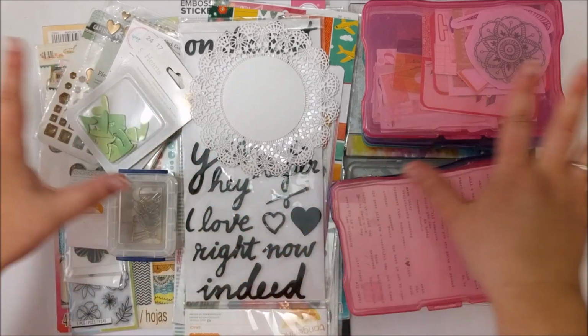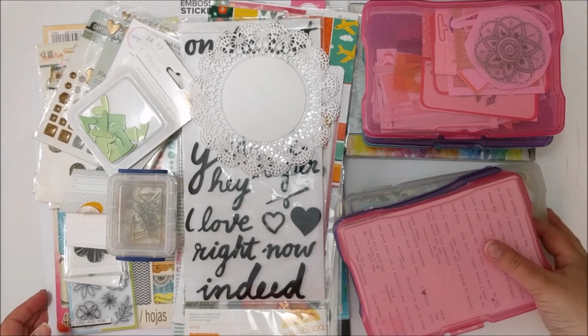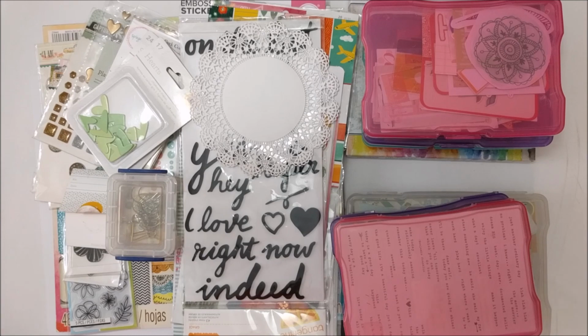So you can kind of see it's like a big conglomeration of stuff. My goal is really to get rid of my stash. Most of the stuff that's in here is at least 2 years old. Some of it might even be older than that. And there are just a couple of newer things kind of thrown in, because it's fun to have those new items in there too. So let's start